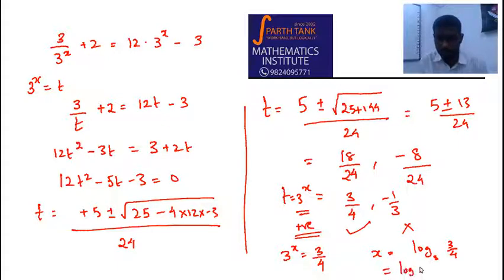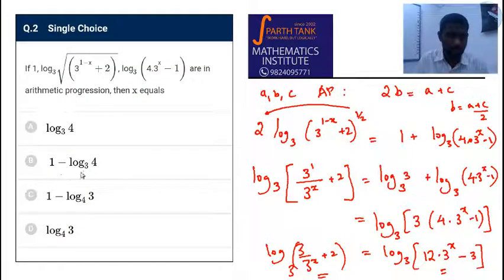it is easy to see that it is log of 3 base 3 minus log of 4 base 3. Okay? I'm just using the quotient rule. If I divide the numbers, logarithms get subtracted. And this is 1. 1 minus log 4 base 3. So the answer is 1 minus log 4 base 3, which is option B. So the first one was option A, second B.